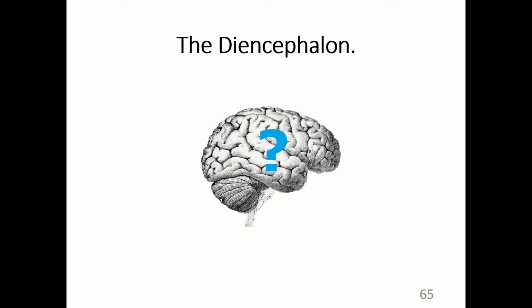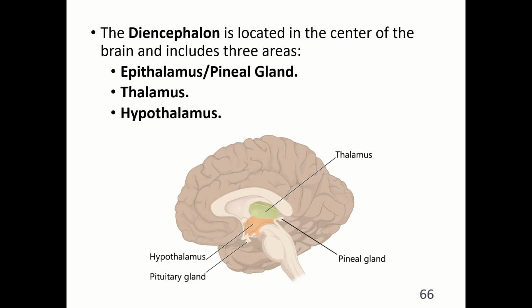Now let's move to the second major region of the adult brain. That was just the first major region, but obviously that's the largest region. 80% of the brain is the cerebrum, so we've just done 80% of the work. So let's go. The diencephalon is located in the center of the brain and includes three areas: